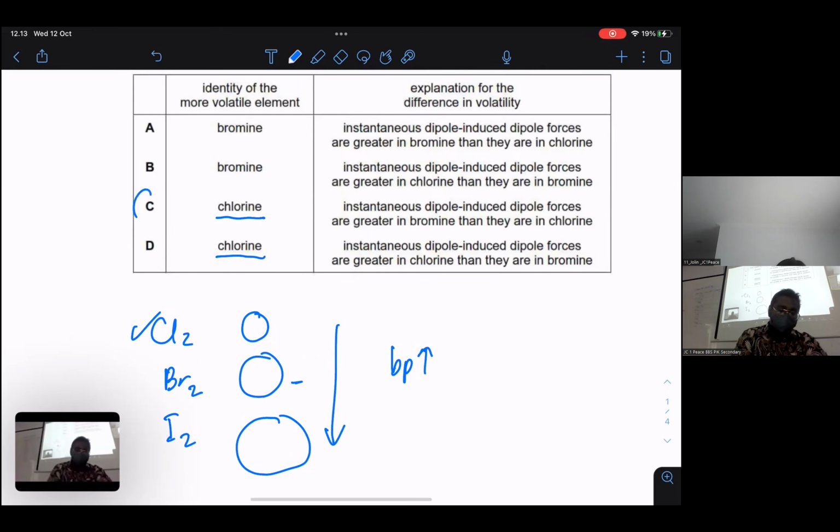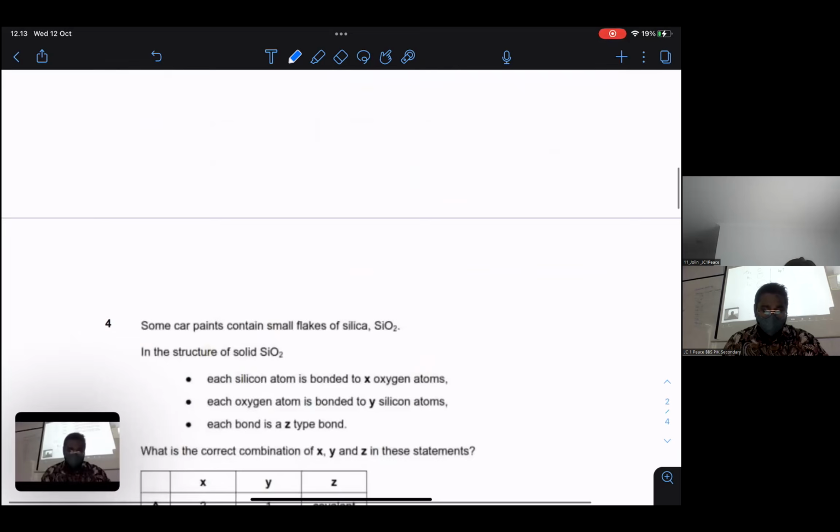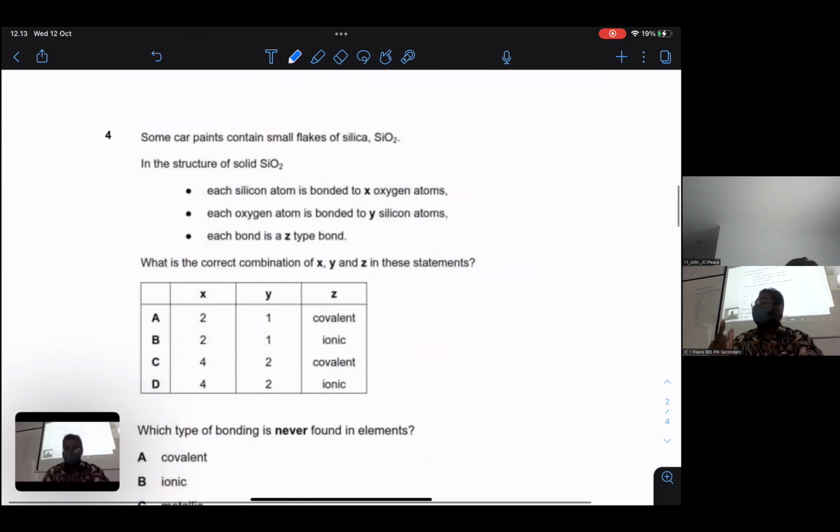Okay, so this is going to be the answer. It's not the other way around. So we have to find out which has the lower boiling point. Now for number 4, this one is not in your syllabus, but they can ask you in a different way